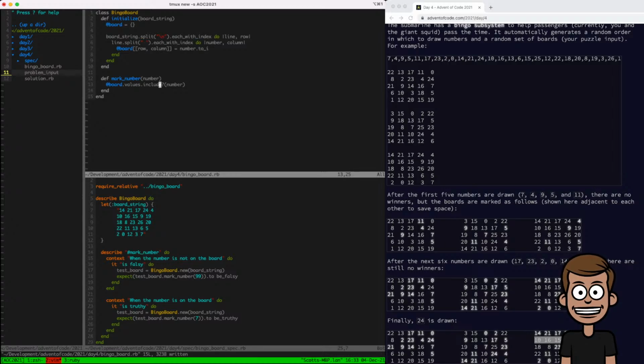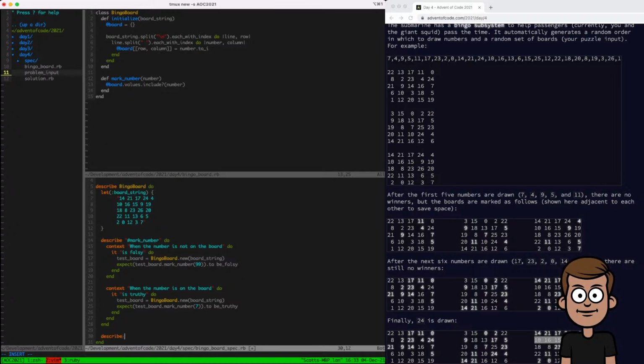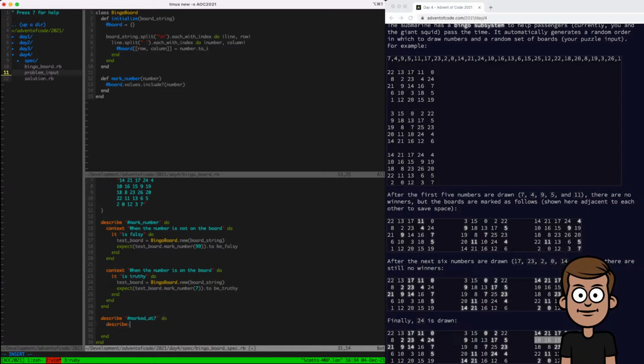So to make it more interesting, we're going to need another method here. Let's see, we're probably going to need to do something like if a number is marked at a specific position. So marked at, and what that does is